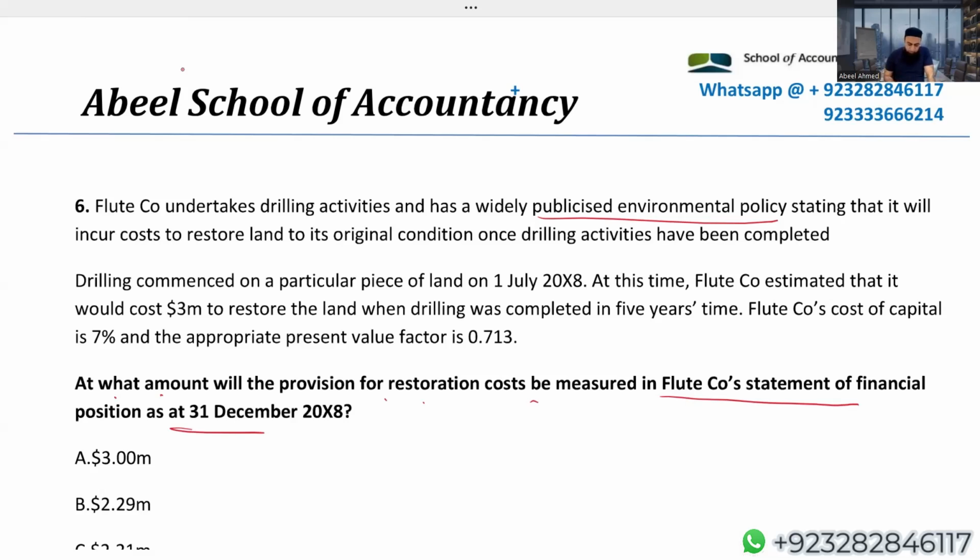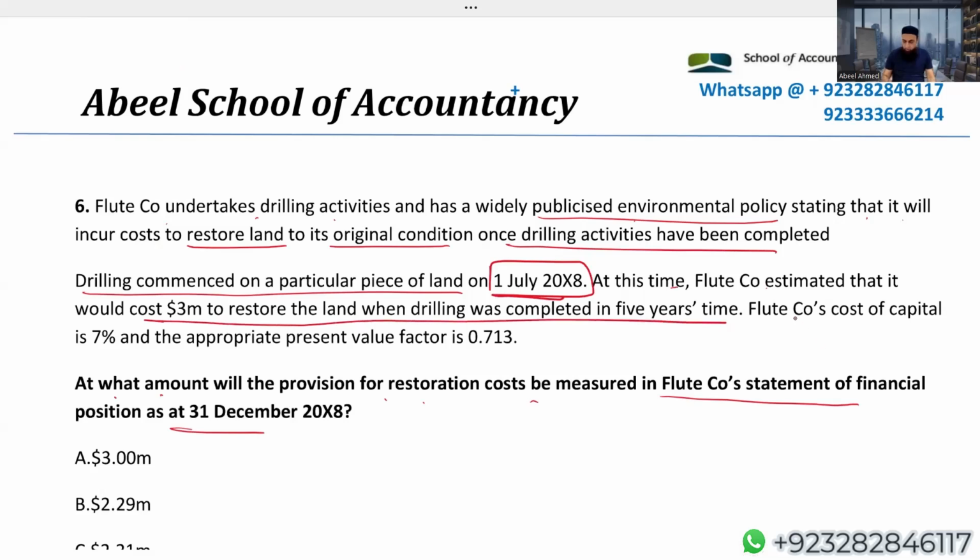Okay, come here. Fluid Company undertakes drilling activities, has a widely published environmental policy stating that it will incur cost to restore land to its original condition once the drilling activities have been completed. Okay. Drilling commenced on a particular piece of land on July X8. Mid of there. At this time, Fluid Company estimates that it would cost 3 million to restore the land. Drilling was completed in 5 years' time. Fluid Company's cost of capital 7% and rate is this. Look at this present value of